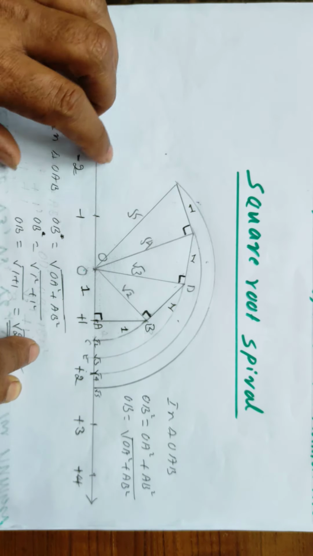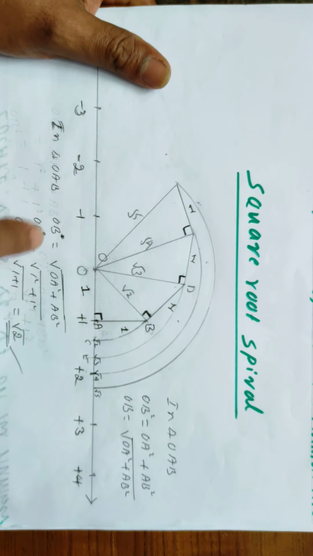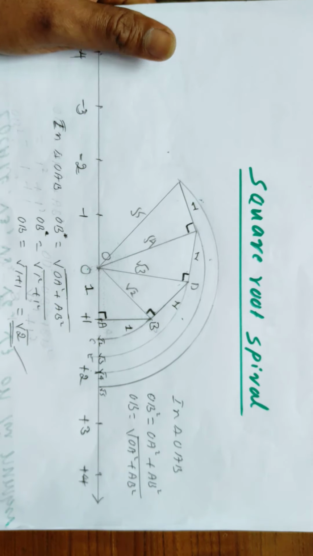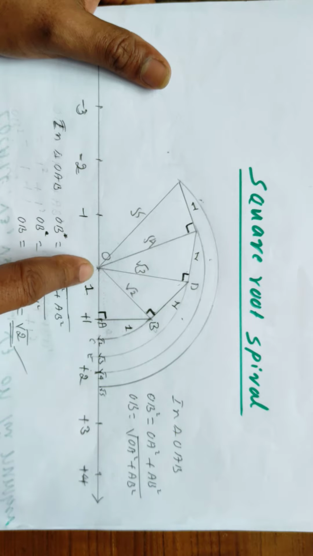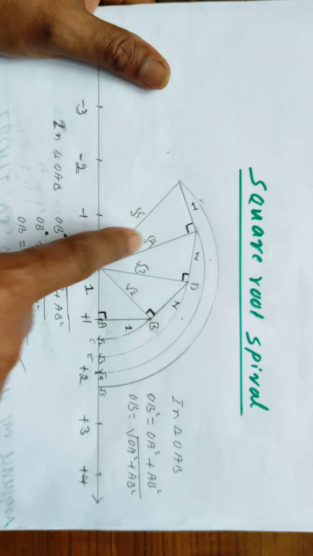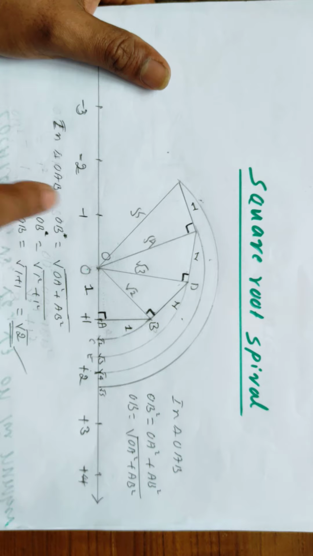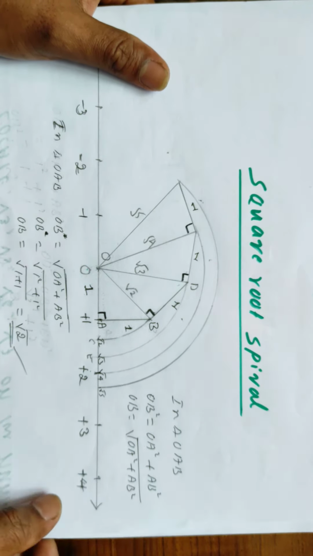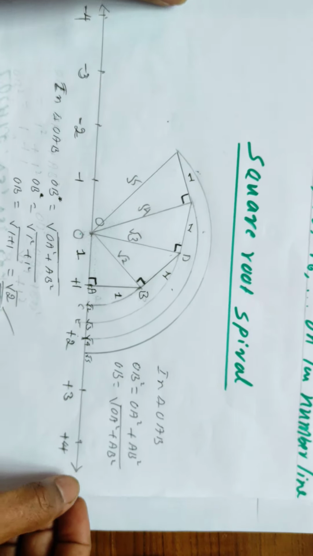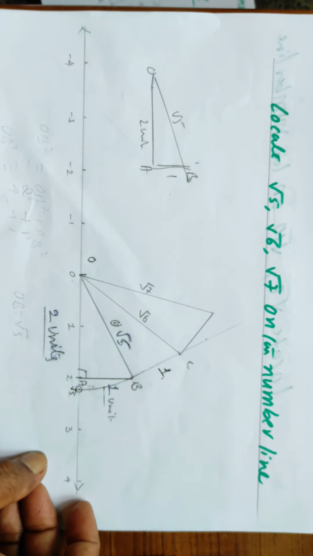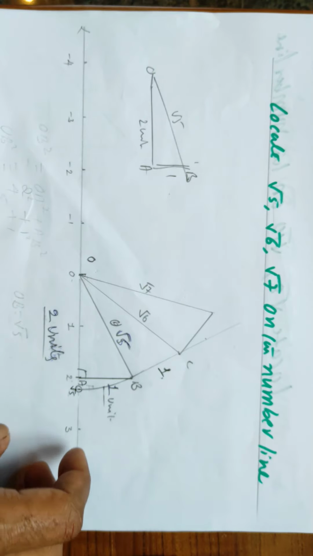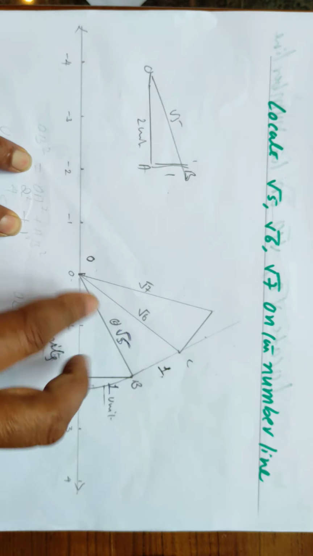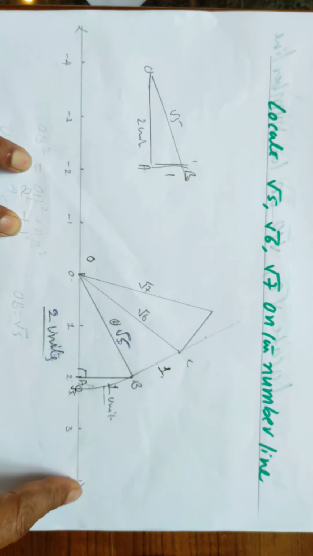Dear students, whenever you are asked to construct root 5, root 6, or root 7 on the number line, there is no need to start from root 2, root 3, root 4, root 5. Directly you can construct root 5, root 6 and root 7 on the number line. That also I had already explained in the last class. I have already told you the length of the hypotenuse itself is the required real number and the same length should be shown on the number line.